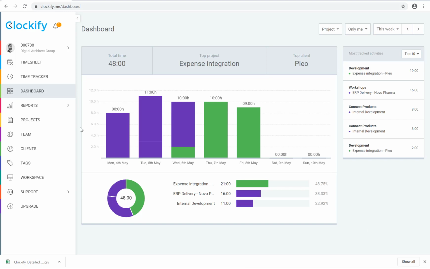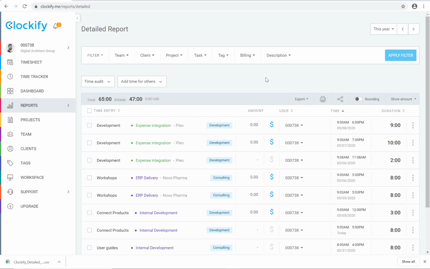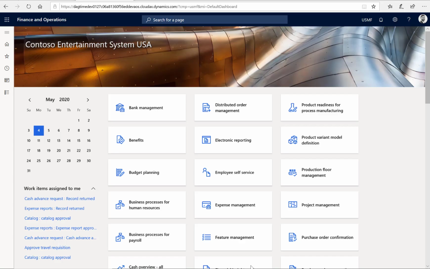So from here, I'm going to go to the reports, and on the reports, I'm going to select detailed. And this view then allows me to select which specific transactions I want to extract and import into Dynamics. And right now, we're just extracting everything for this year. So once I have the transactions that I want, then I can select export, save as CSV. That saves a file to my local hard drive, which we can now import into Dynamics using the Time Connect